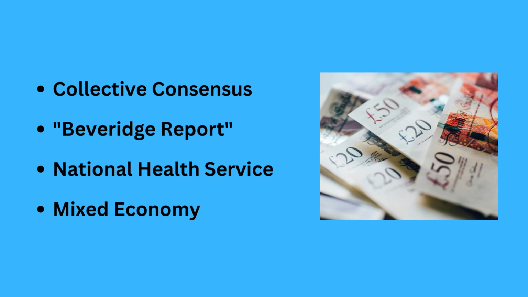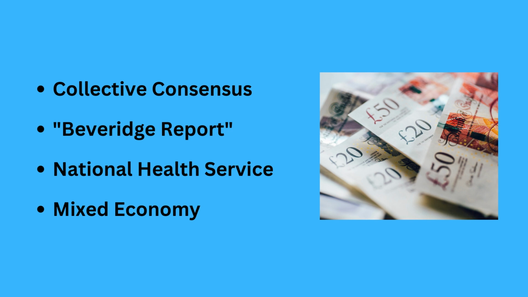In fact, one goal was to guarantee at least a subsistence income for every single British citizen. Both parties, under the collective consensus, accepted these recommendations. And as a result, the national healthcare system was founded. All of this laid the foundation for a mixed economy. The idea being that the government would direct the economy without sacrificing the basic principles of capitalism, i.e., the government would be much more active in controlling the economy than, say, the American government is today.